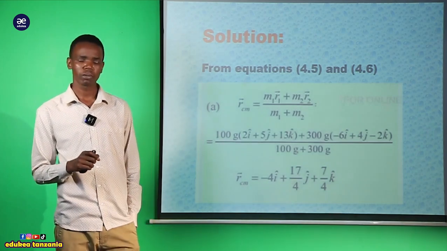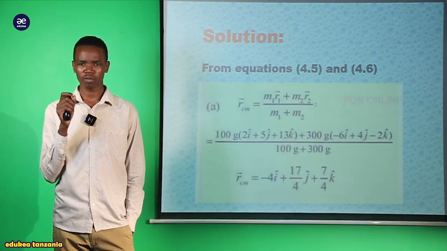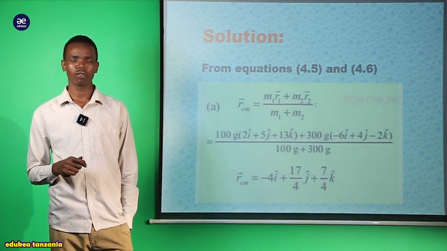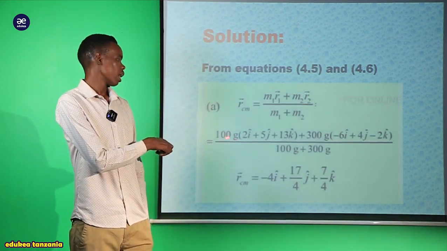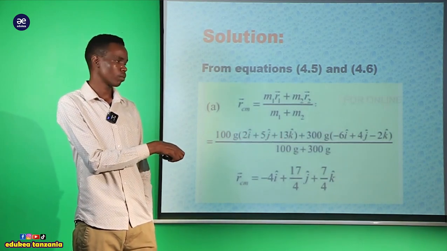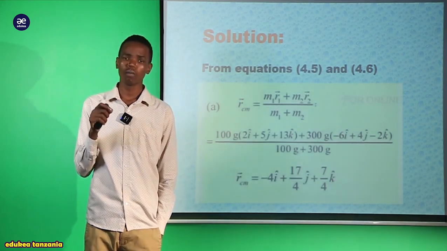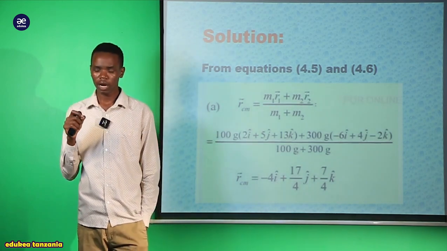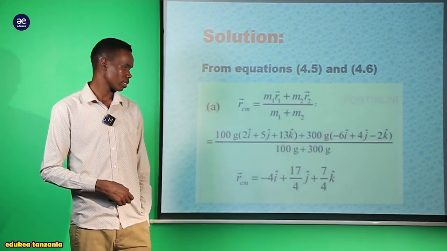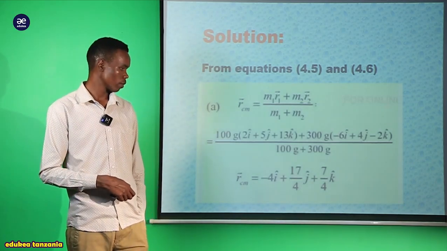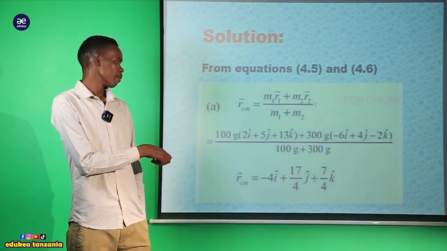I studied this in the topic of algebra. Opening the brackets is the way we saw when we were at O level, my dear students. Now we are supposed to take the number found outside and multiply it by each value found inside the bracket. Let us try that. In the end, the gram is common and will cancel, and we get that the center of mass is equal to negative 4i plus 17 over 4j plus 7 divided by 4k. This should be it. After opening the brackets there,